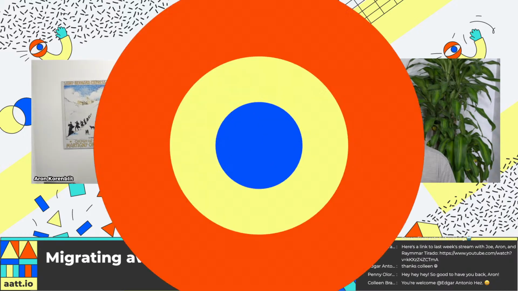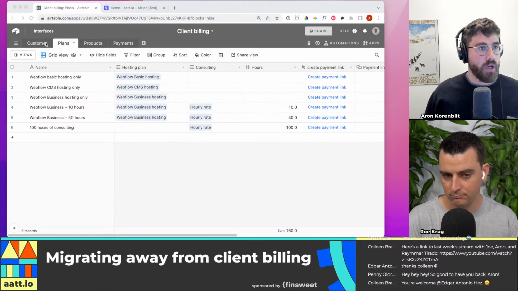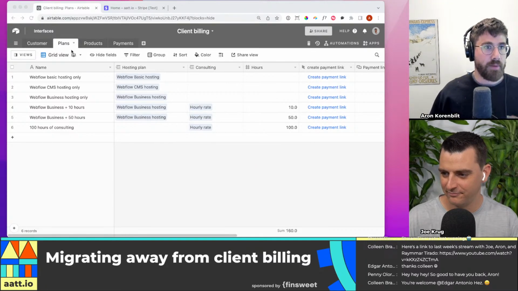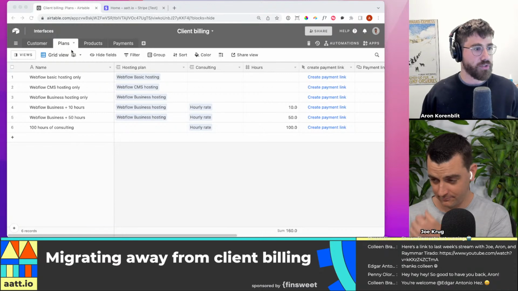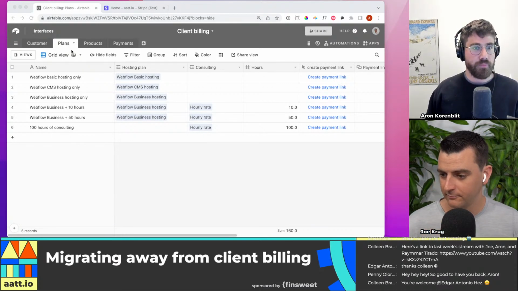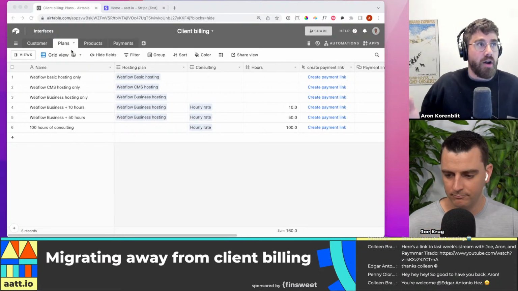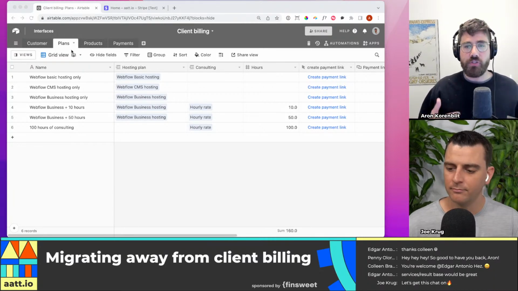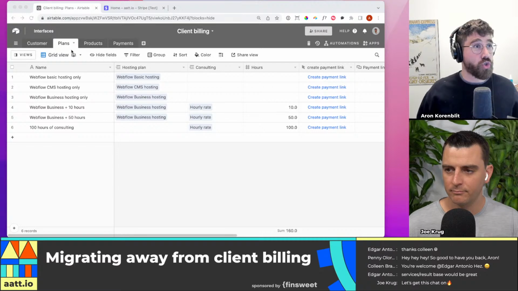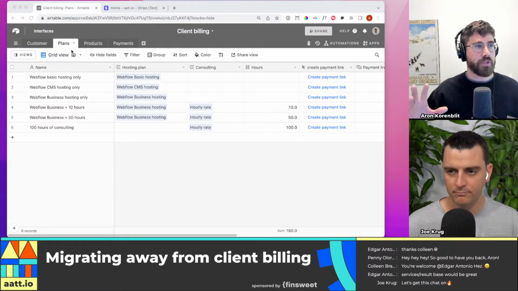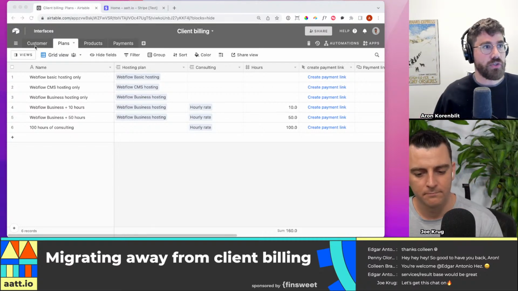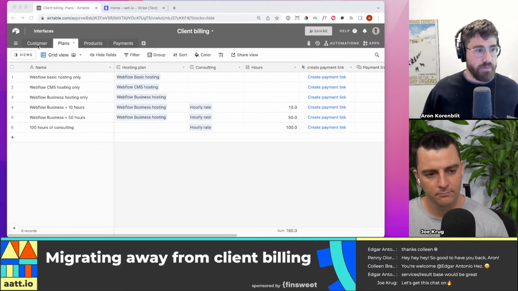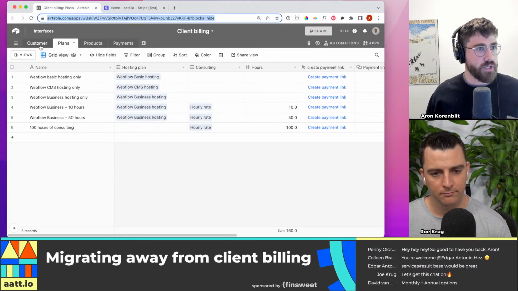So let's jump into my little browser here. Boom. Okay. So my idea here is I'm going to use Airtable plus Stripe. Again, I work for Airtable, so it's kind of my default. But I think what I'm doing here is usable. You can use, I imagine, Trello, ClickUp, whatever. I don't want people to get bogged down in the mechanics of the tools that I use.